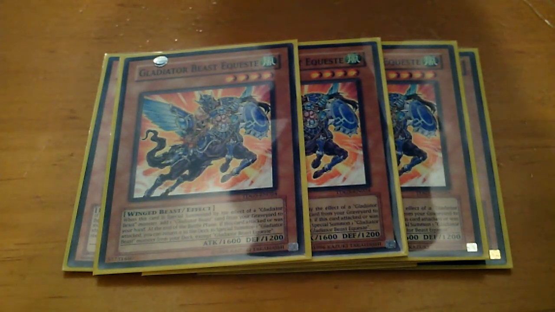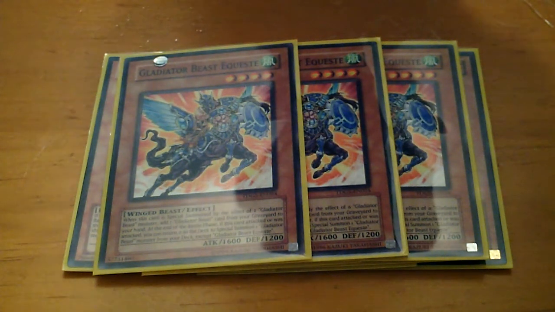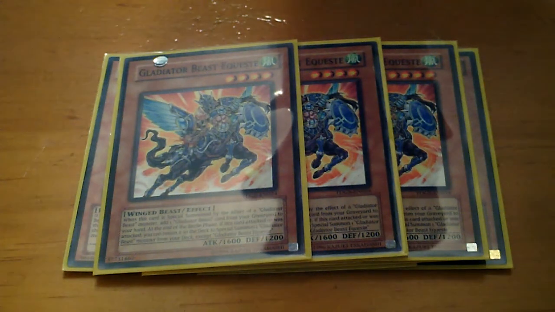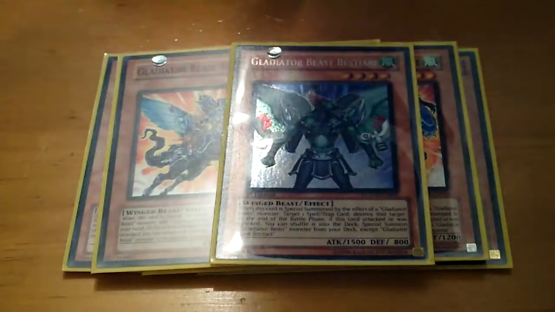I'll be introducing one of the special Gladiator Beast cards which can use this card for abusing, pretty much. You can abuse this card's effect with a special card that I will be revealing later on. So yeah, tagged out, it's special. You can target 1 Gladiator Beast card in the graveyard and add it back to your hand. As for the other Gladiator Beast cards, I run 1 Gladiator Beast